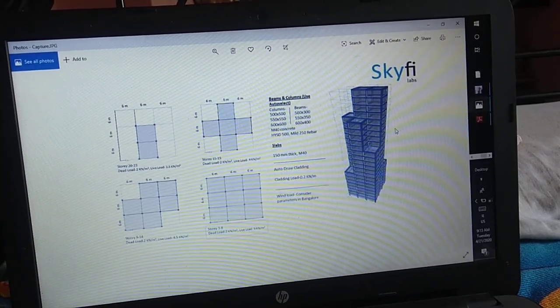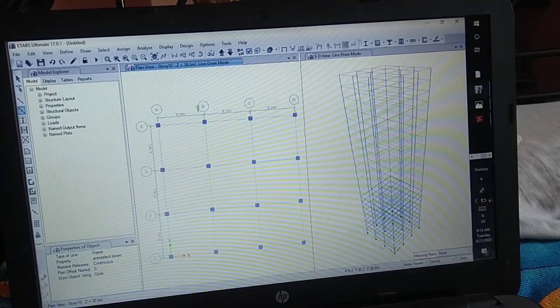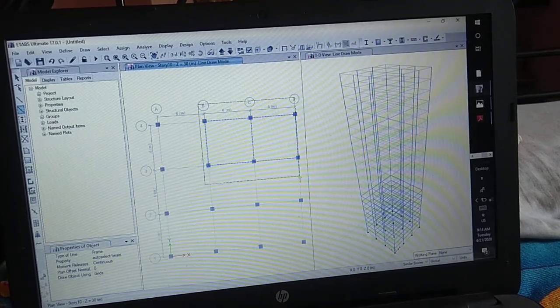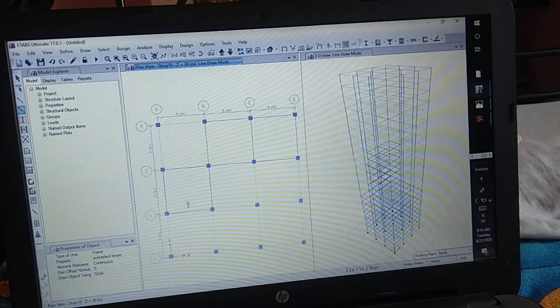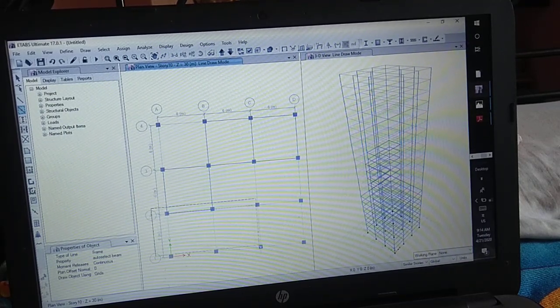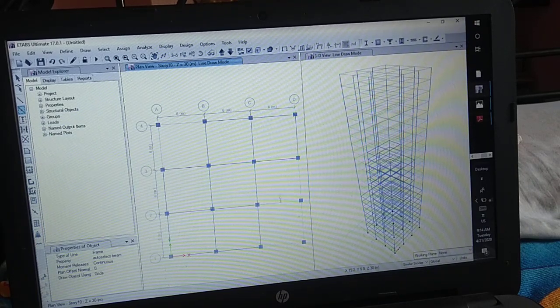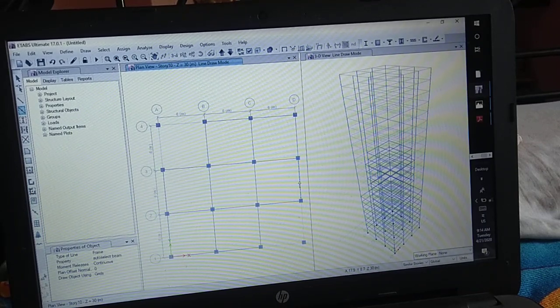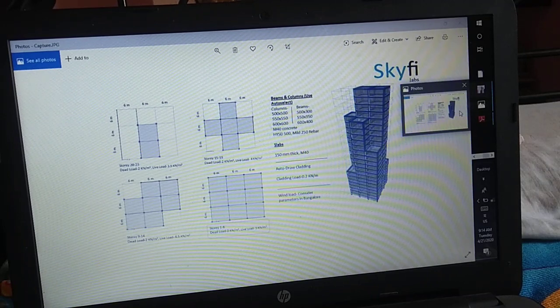So we are going to add beams. We can also click on that also. So this is similar, like story 9 to 14.